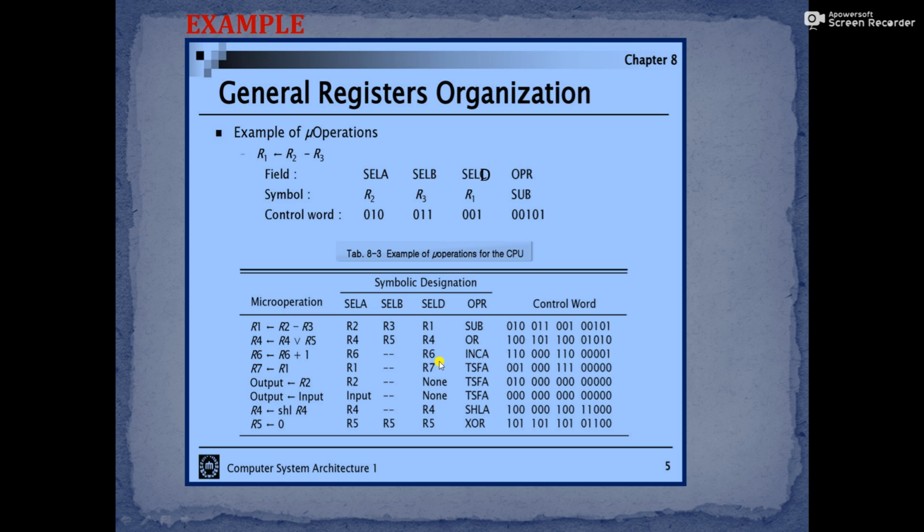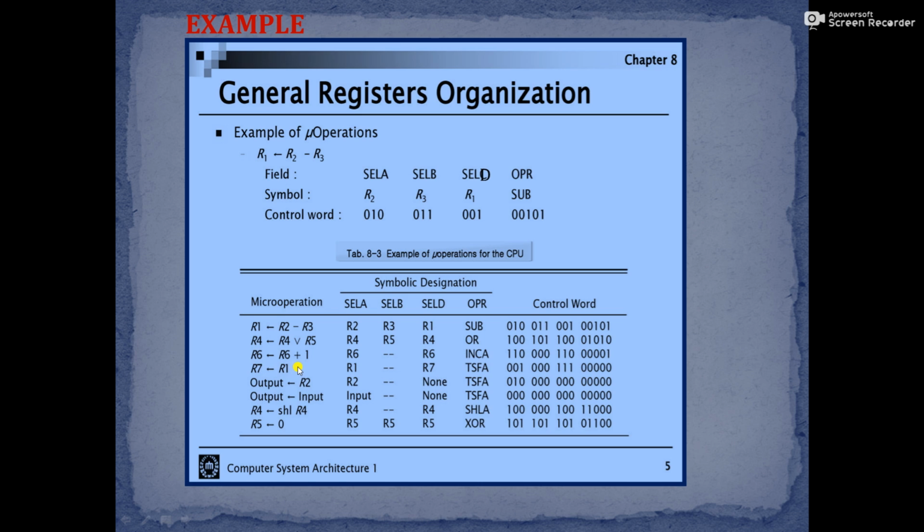This table shows some of the micro operations available in the CPU. For some operations we need only one input. For example, R1 is transferred to R3.